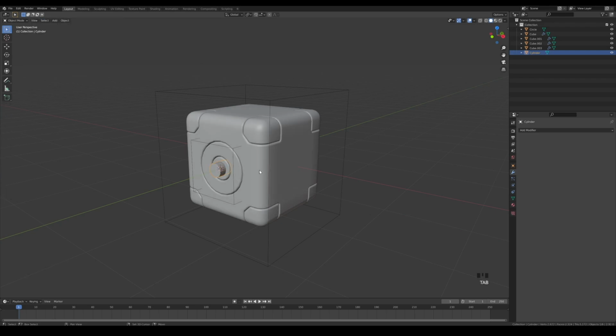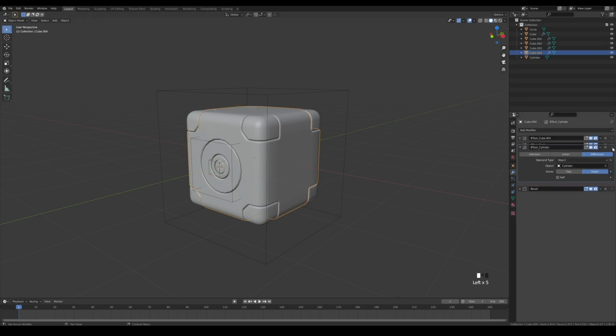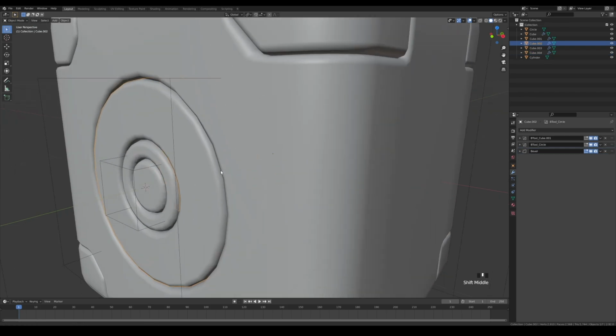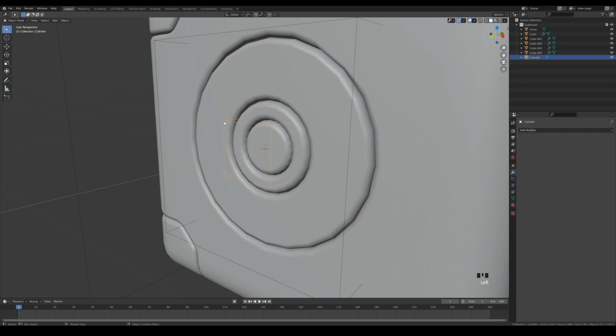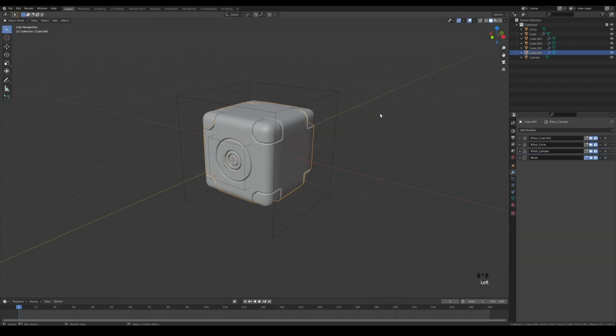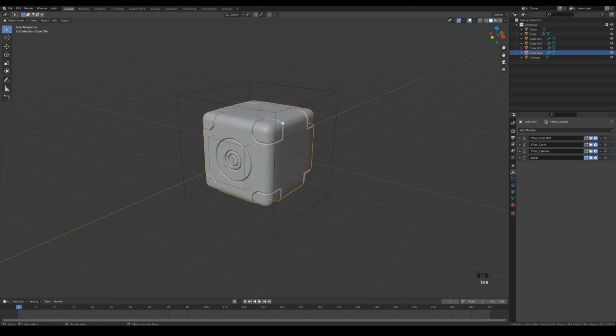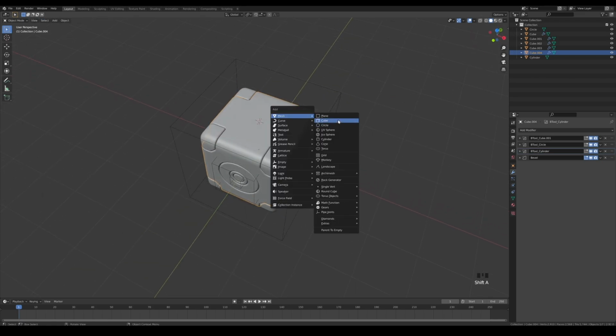And right now tab out, shift click the main object, and let's again hit Ctrl/ on a numpad, and again move the modifiers in the stack under the bevel modifier. And of course we need to make this smooth, so select the Boolean object, right click, shade smooth. And to create yet another detail, we can select the box again, tab in, select the top face, Shift S cursor to selected, and now tab out, and I'll press Shift A, and let's add a cube,